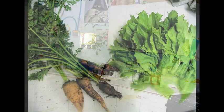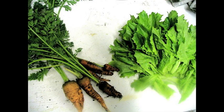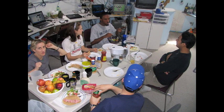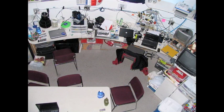We had salads, and the salad was from the green hub. We had lettuce and carrots and radishes, some little tomatoes. We ate very well, I have to say that, and that's a very important psychological factor, to be able to eat well. On the first floor, there are all sorts of experimental areas, such as engineering and geology and biology